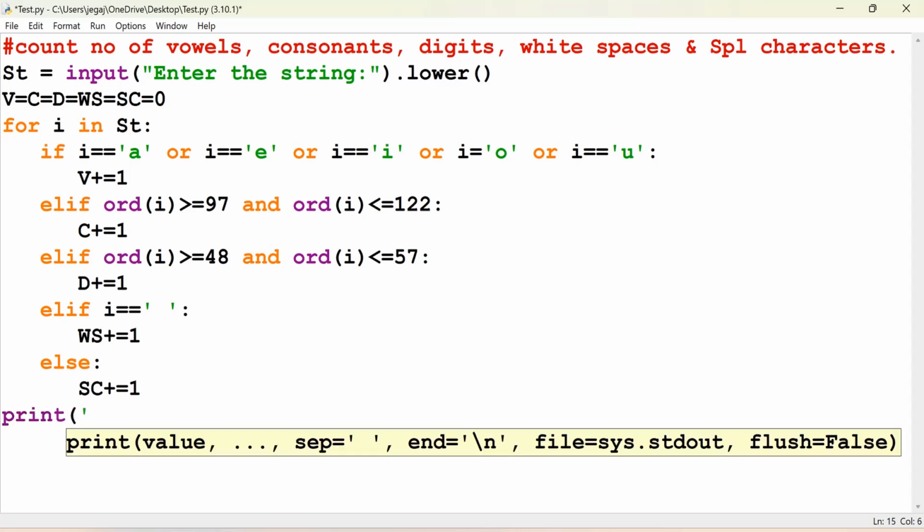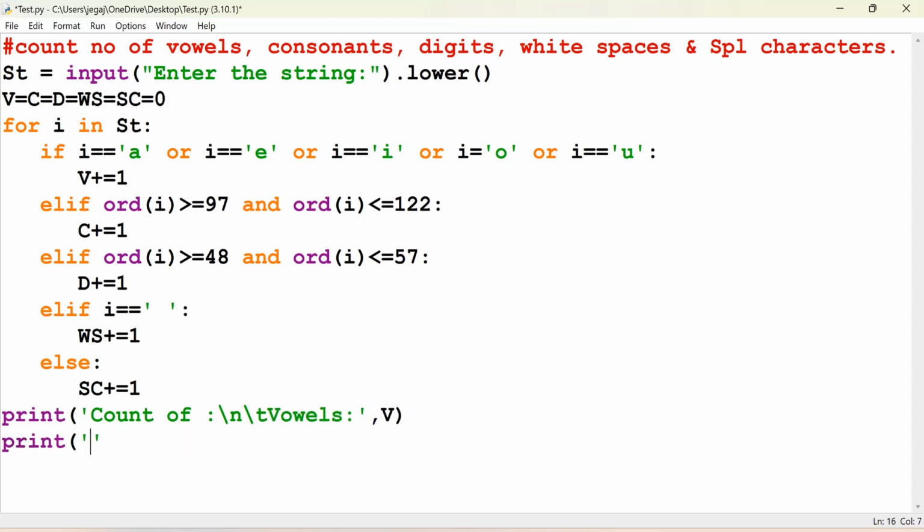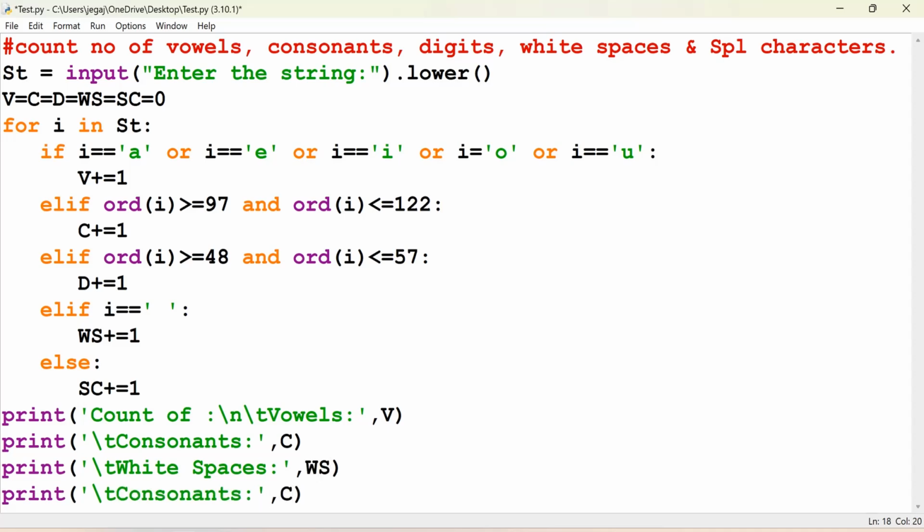Print of count of. Let it be in the single line, backslash n, and then backslash t, one single tab I give, vowels, comma v. Now print backslash t consonants, that is C. I copy this so I can easily make the changes there, paste it here. Next we are going to make white spaces, so that is WS. Next we have special characters,